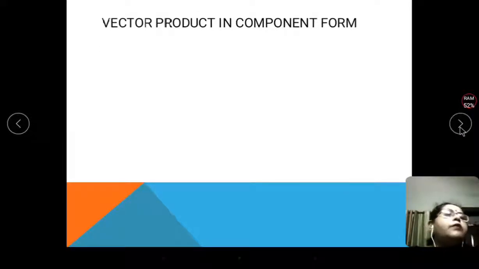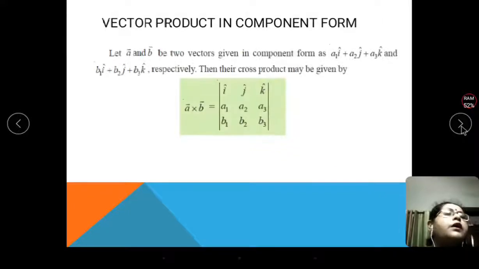Okay, now the next thing, we will see the expression for the vector product in component form. So now if our vectors A and B are written in component form as A1i plus A2j plus A3k and the vector B as B1i plus B2j plus B3k, then their cross product is given by this expression,